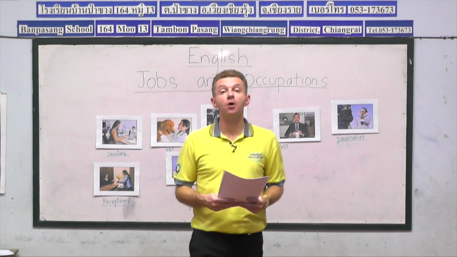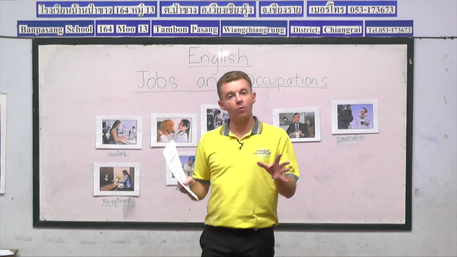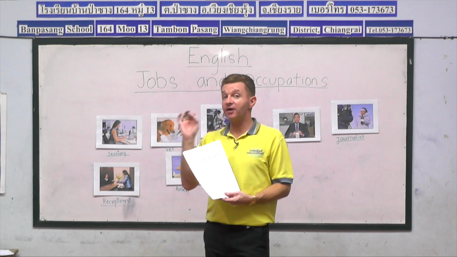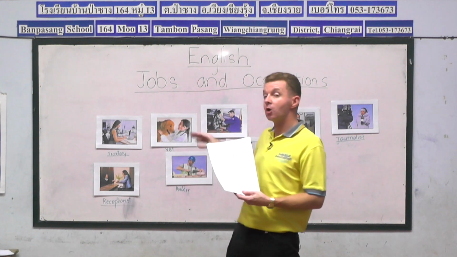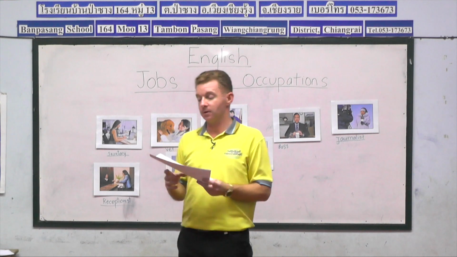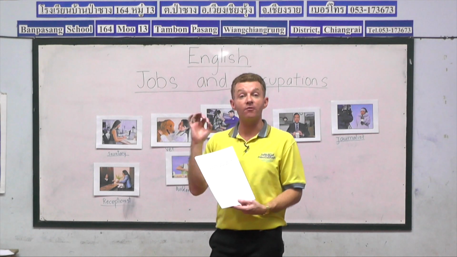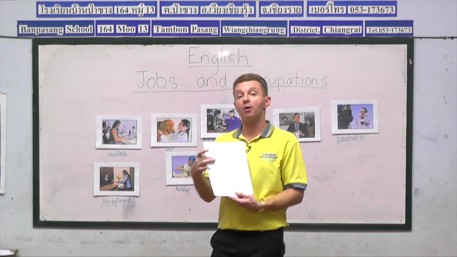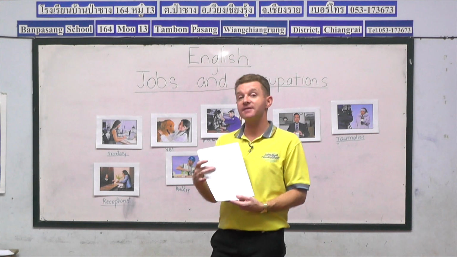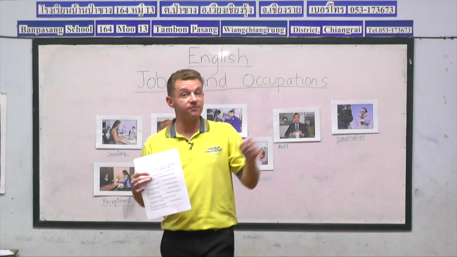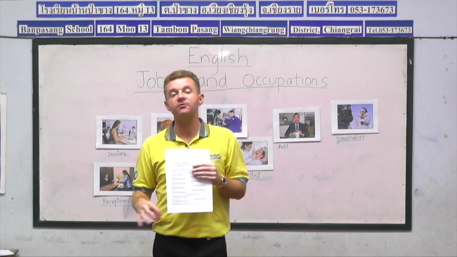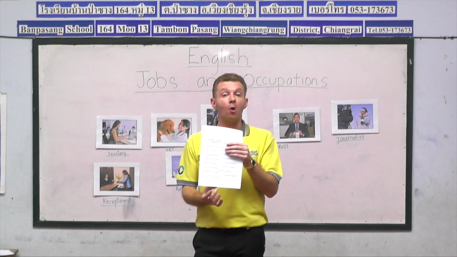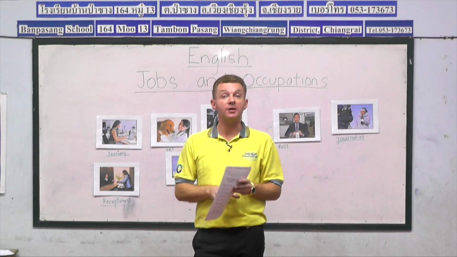And now it's time for our worksheet part of the lesson. What we've got on today's worksheet are 9 sentences. The first 8 sentences relate to the jobs and occupations that we've learned today. All of the jobs and occupations are in the word box. So we want our students to read each sentence and put the correct job, occupation, by writing it in the space provided. And in sentence number 9, we're asking our students, what do you want to be when you grow up? So you can give the name of the job or occupation you would like to be when you're older.